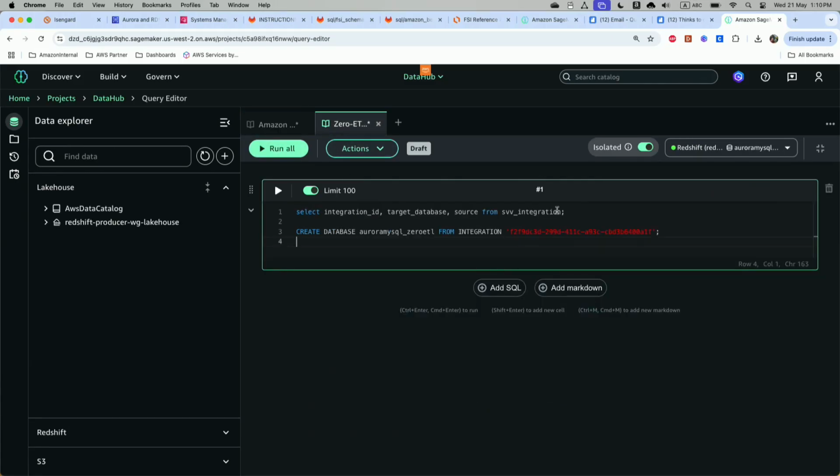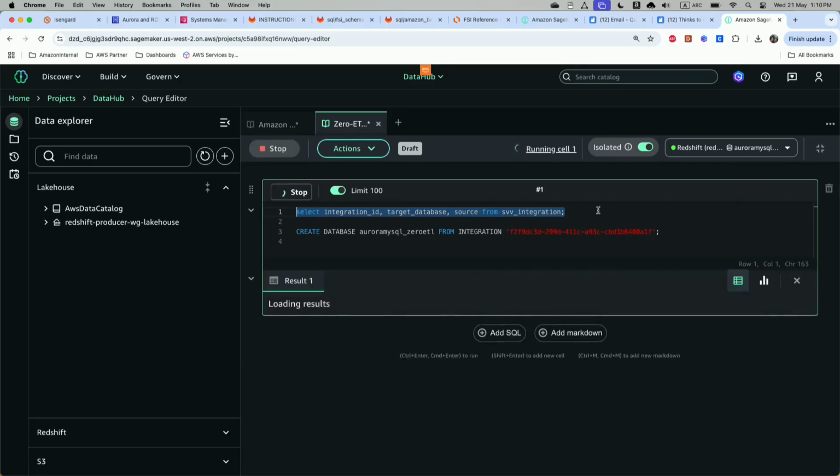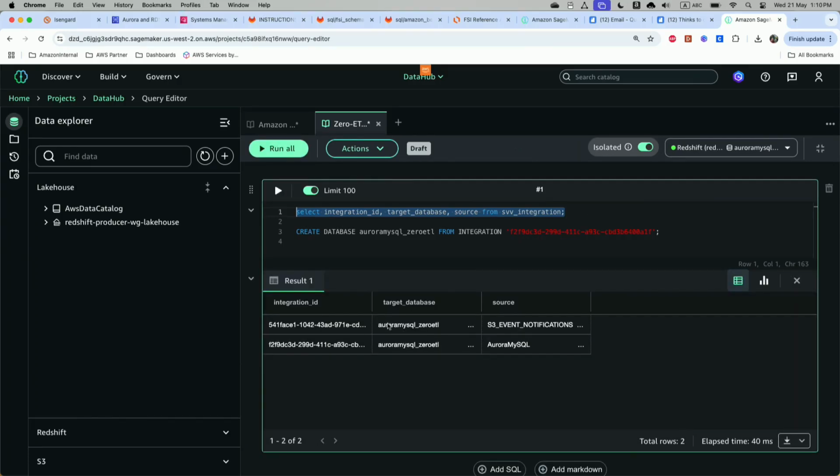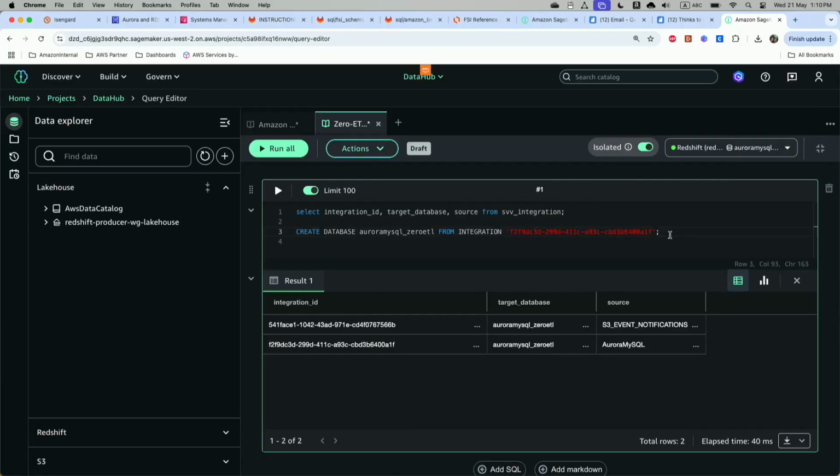And after that, next step, there is a table called SVV integration in Amazon Redshift. So I just need to query this and get the integration ID, right? My source was Aurora MySQL, and I will get the integration ID here, and I will create a database in my target system. So what I did, I actually mapped my Zero-ETL integration ID with the database in the target. Of course, because I newly created this,